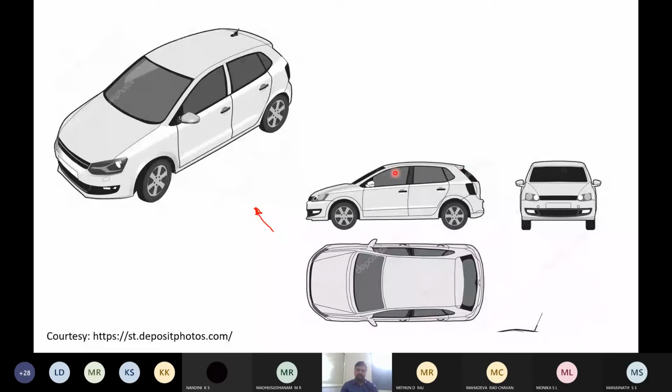If you consider this as the width of the car, this as the height, and this as the breadth, in this image, how many dimensions are visible? Whether it is three-dimensional or two-dimensional? Two-dimensional, sir. Which are those dimensions you are able to see in this image?